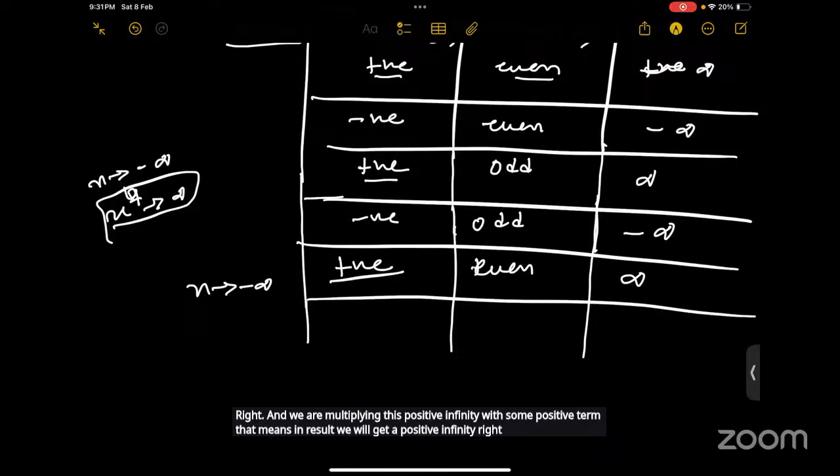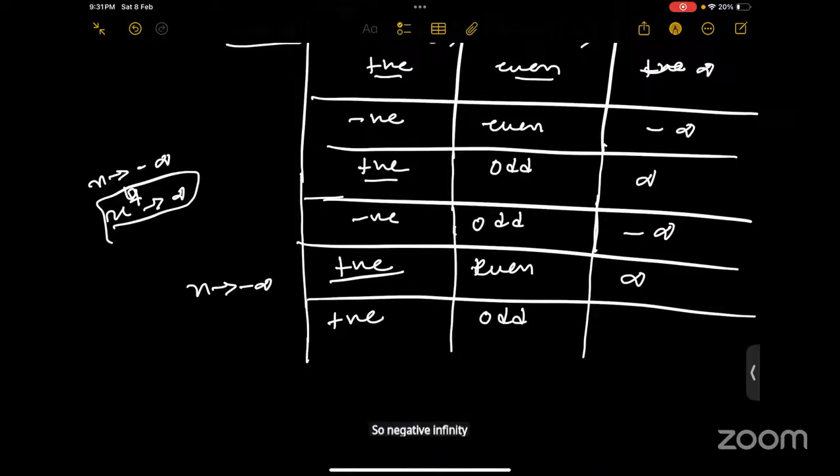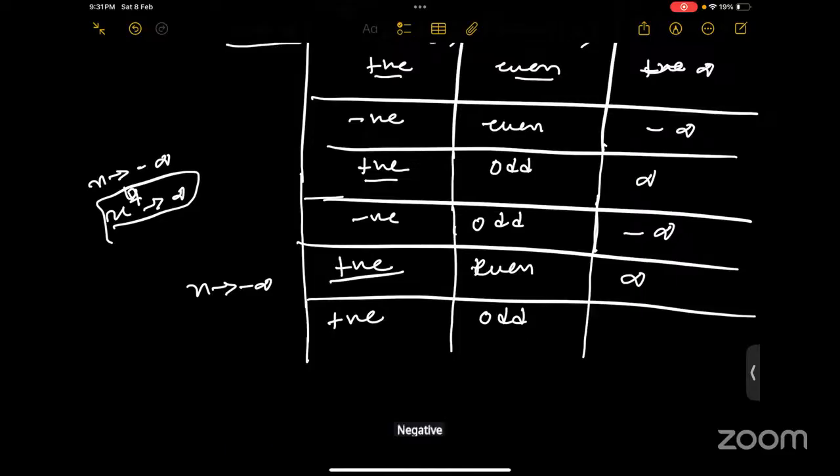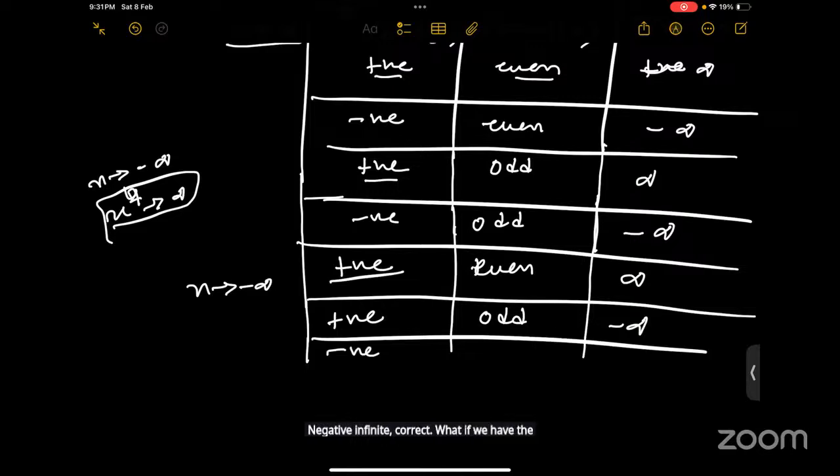Yes. Similarly, if I have the positive coefficient with odd power, negative infinity to an odd power gives negative infinity, multiplied with a positive number, so we will get negative infinity. Correct. What if we have the coefficient as negative and power as even? Then